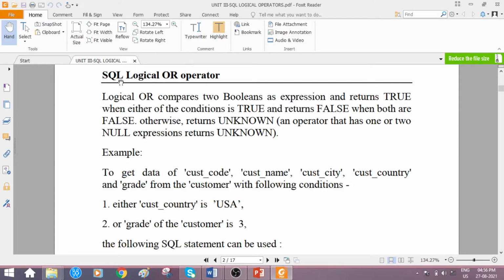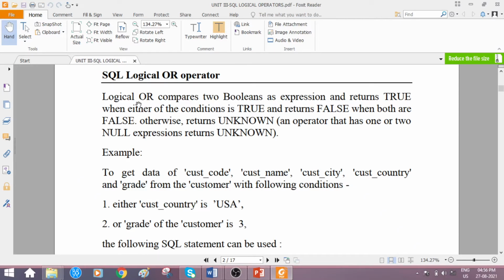Now we shall go with the second operator, that is the logical OR operator. How to use this? So you all know that given any two conditions or expressions, if any one of the expressions becomes true, then it is going to return a true value. In case both the expressions are yielding a true value, then this operator is going to return what? True value itself. Only if both of the expressions are yielding a false value will this logical OR operator result in a false value.